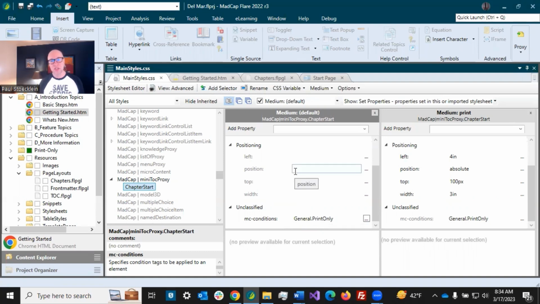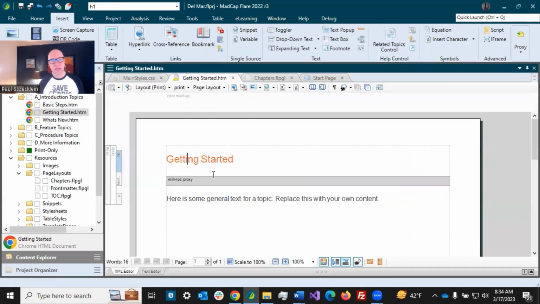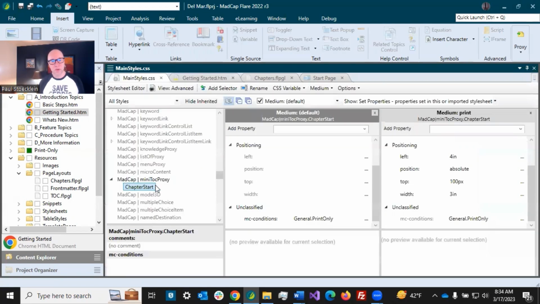And I might want to just, when I insert the proxy into the topic, set one of those more narrow, specific conditions on it. This is only for these PDF outputs. But we are going to try this where we are putting the conditions on the style itself so it's